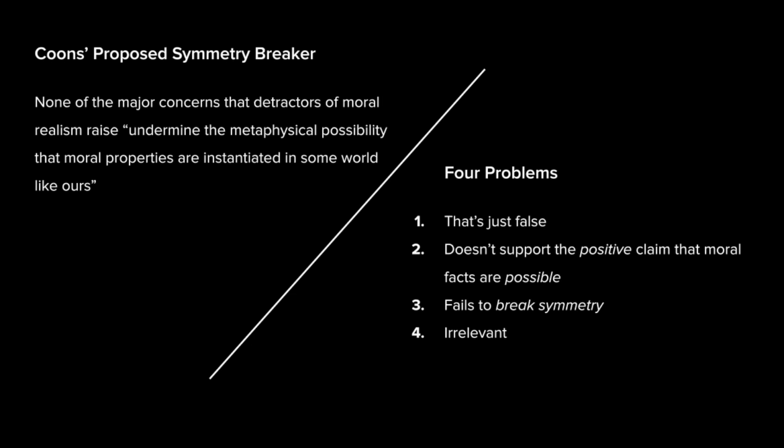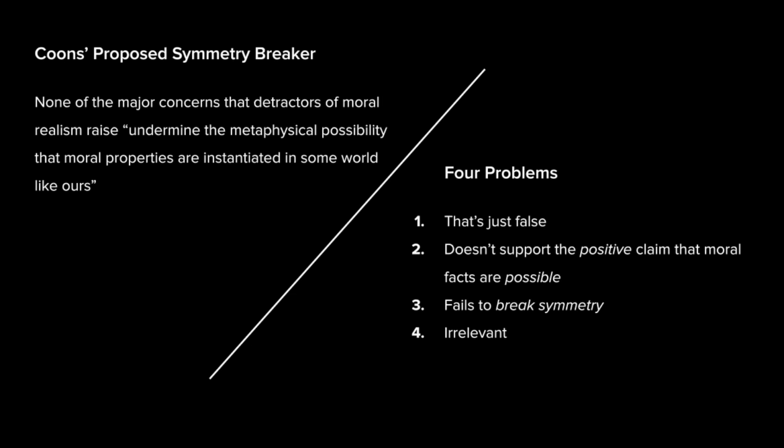The third problem is that even if none of the error theorists' major concerns support the impossibility of moral facts, and even if there being no arguments for the impossibility of moral facts supports their possibility, this doesn't break symmetry. That is, it doesn't support premise 2 over premise 4. Just as Coons argues that error theorists' major concerns, barring some exceptions, only support at best the non-existence rather than impossibility of moral facts, the error theorist can equally argue that moral realists' major arguments, barring some exceptions, only support at best the existence rather than necessity of moral facts, and hence only support the actual falsity rather than impossibility